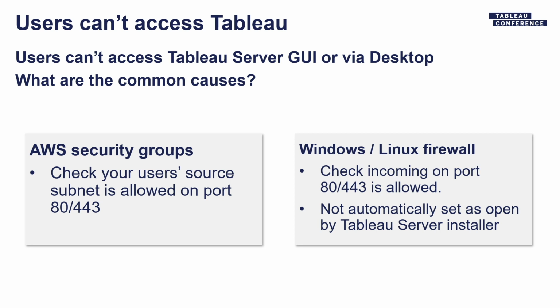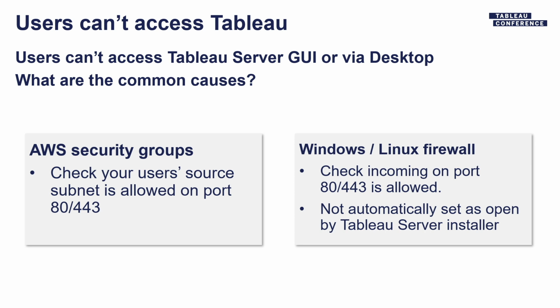So Tableau server will no longer automatically set or open the firewall ports at the operating system level for you. It used to in the past, which is why I've included this here, but from recently we don't do this. The other thing to consider obviously is your Amazon security groups. Just make sure that you've whitelisted or unblocked your users internally from the networks they'll be coming from